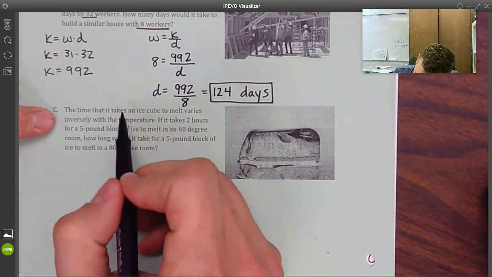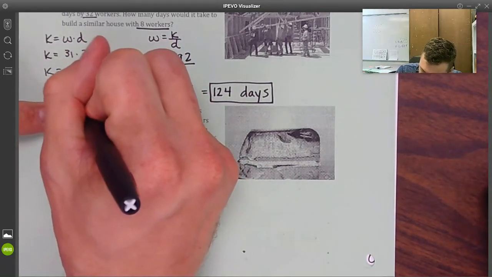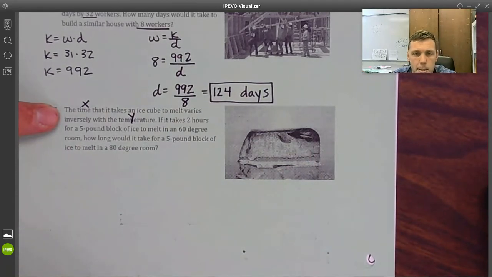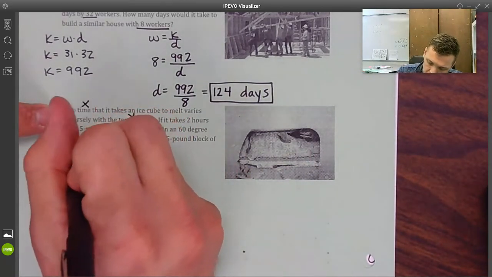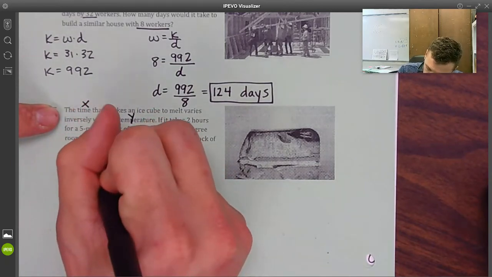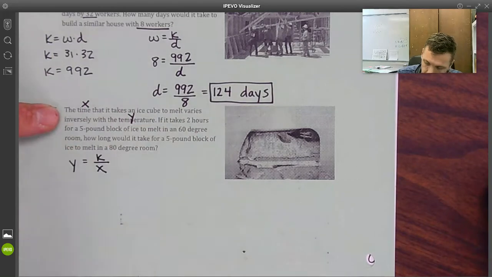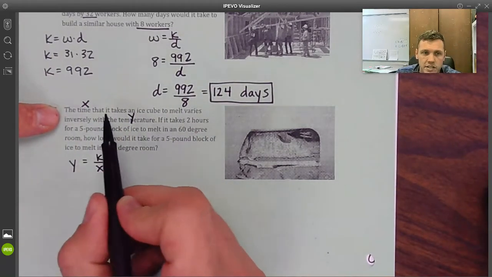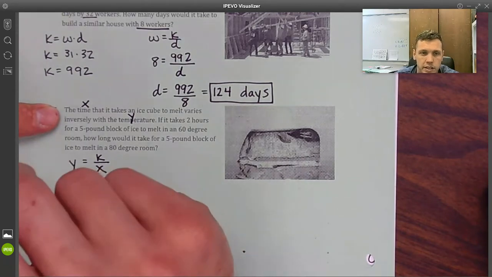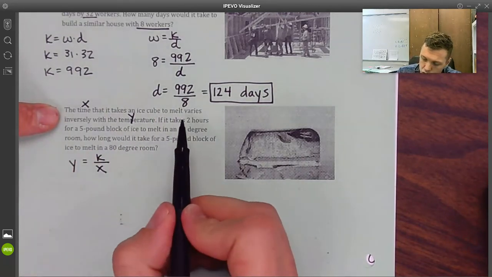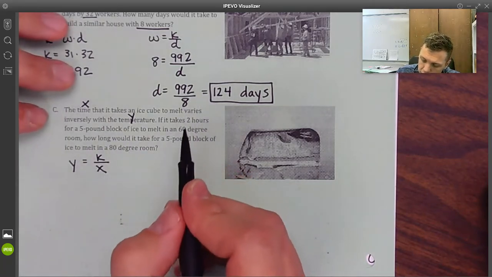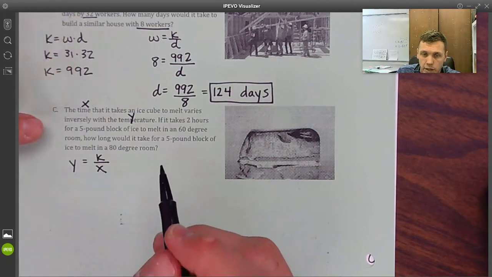So I'm going to let X be time and temperature be Y. So we know that the temperature is equal to the constant of variation divided by X. The time varies inversely, so that X goes in the bottom, K goes on top, Y goes right here. If it takes 2 hours for a 5-pound block of ice to melt in a 60-degree room,